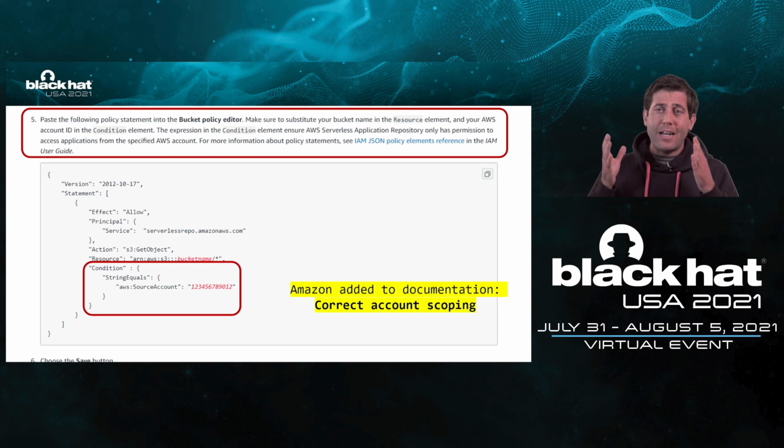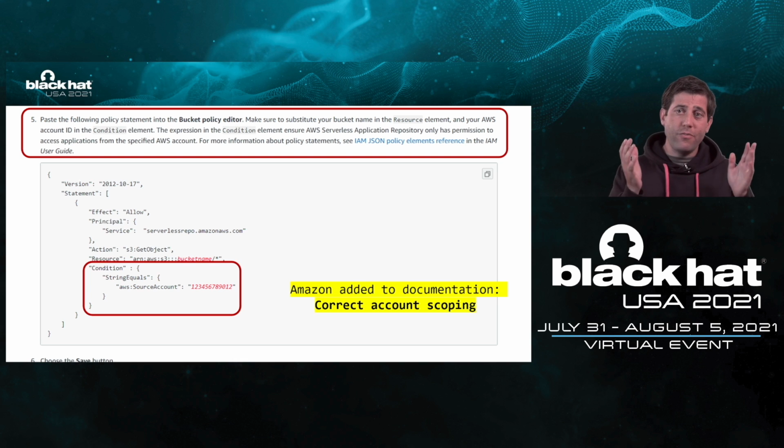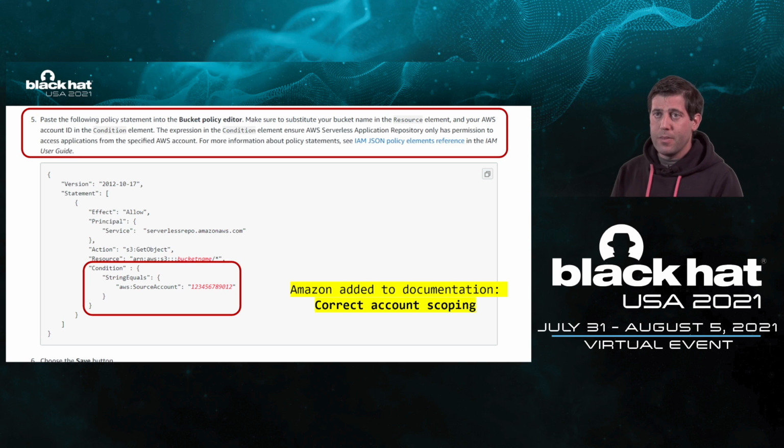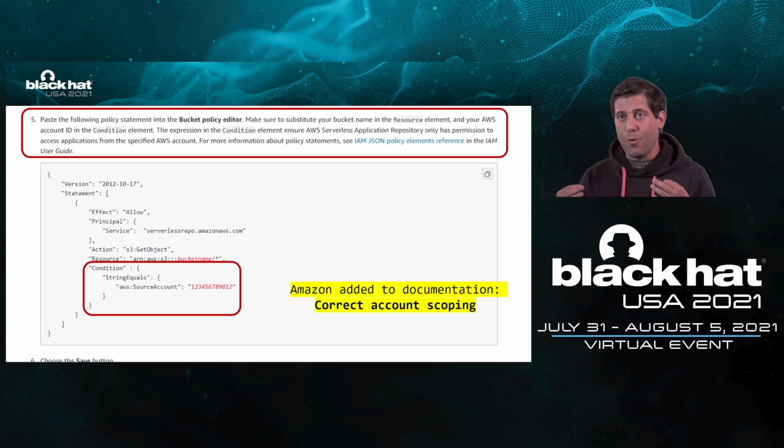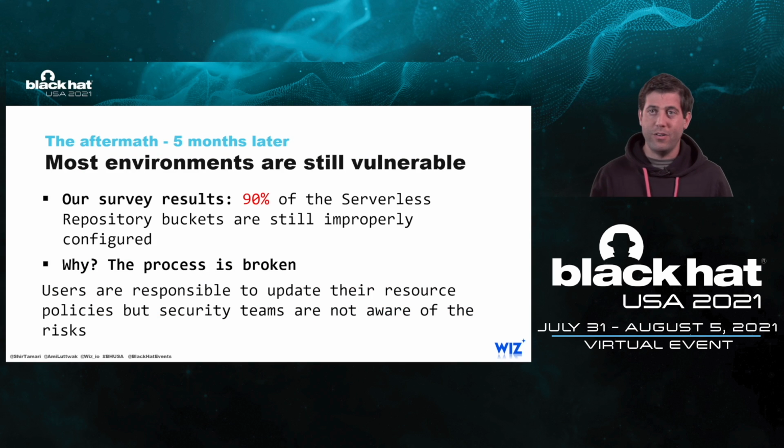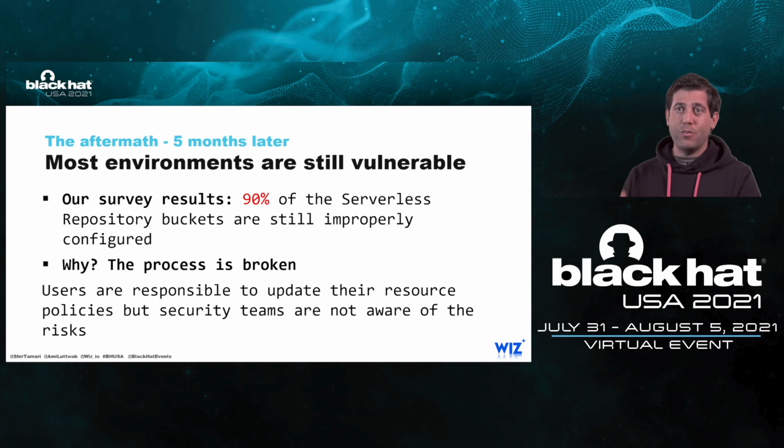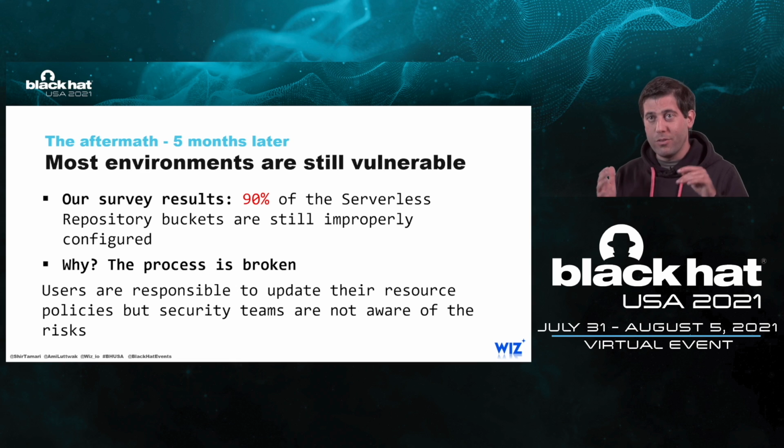So everything at this point looked great. We found a few vulnerabilities, AWS fixed them, and we thought it's over. Then what happened is that we looked after a few months in the environments that we can survey, and we tried to see what is the current status. And there we were completely surprised. 5 months after those vulnerabilities were closed, majority of customers were still vulnerable.